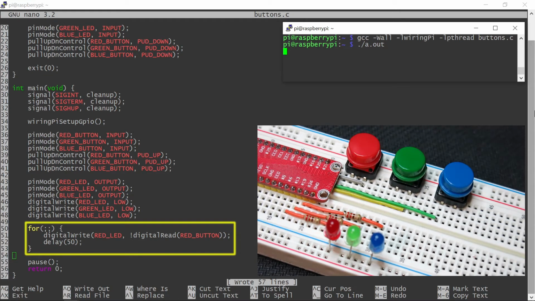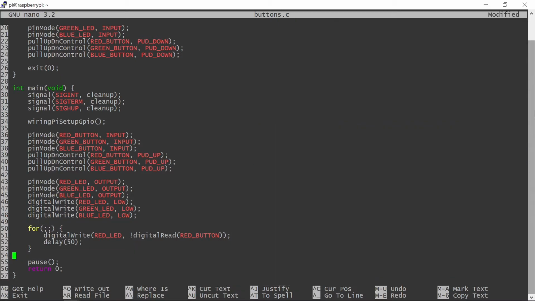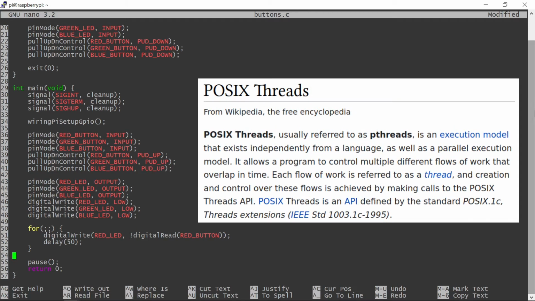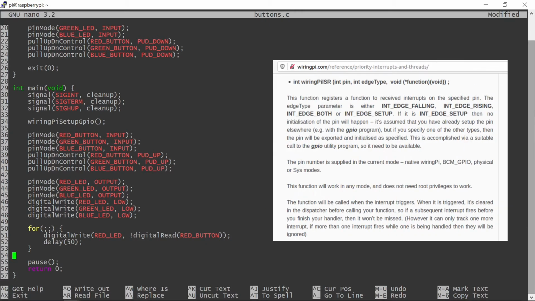This infinite loop approach works, but is very naive. The program is trapped right now inside this loop, effectively preventing me from implementing additional features tied to the other buttons. Normally, this is overcome by using multi-threading. You could implement this straight up using POSIX threads, but Wiring Pi has a simplified interface to threading, which it calls interrupts. That is actually very neat.